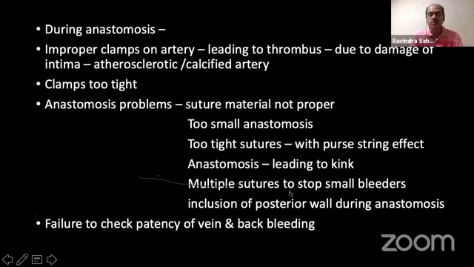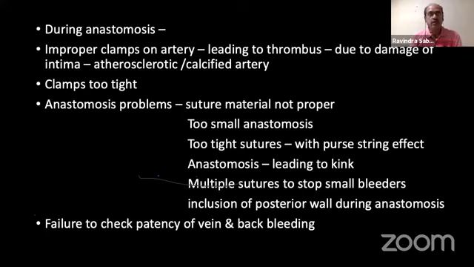Anastomosis, multiple sutures to stop small bleeders. As Dr. Ajay pointed out, when you release the clamp, there could be some bleeders from the anastomosis. You are not going to take too tight an anastomosis, so some oozing or some bleeding is bound to be there. Don't give too much pressure. Just put a dry gauze, a very gentle pressure. Most of the bleeders will stop. But in enthusiasm, if you start taking sutures, because these are all needle punctures which keep on bleeding, if you take too many sutures, then it will compromise your length of anastomosis, and that can cause failure.